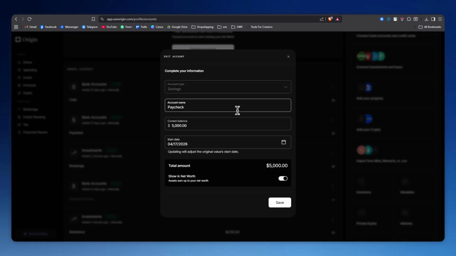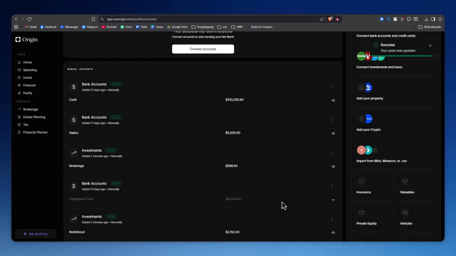Now, look for the account name field and enter the new name you want to use. You can rename the account to make it easier to recognize, especially if you have multiple bank accounts, credit cards, or investment accounts connected to Origin Financial. After typing the new name, click Save to apply the changes. Once saved, the updated account name will appear throughout your dashboard and transactions list, helping you stay more organized while